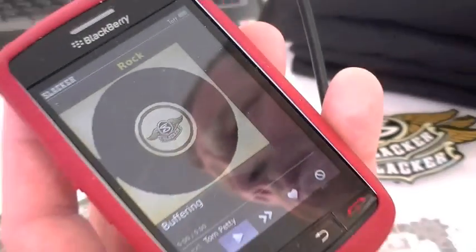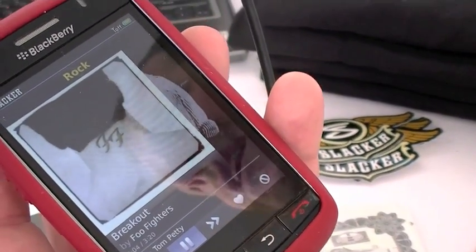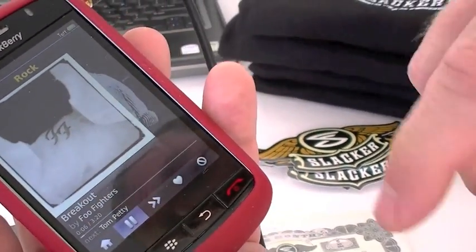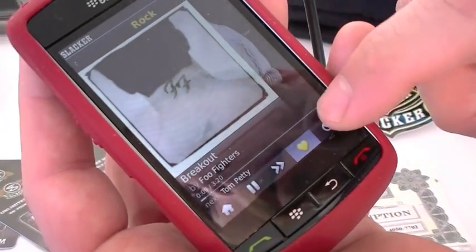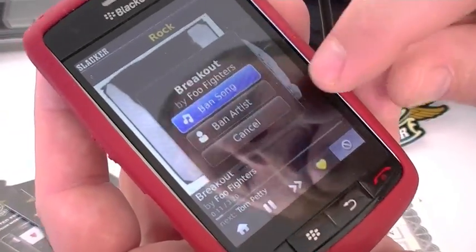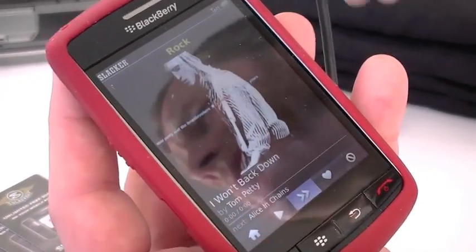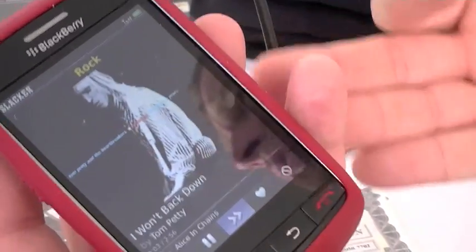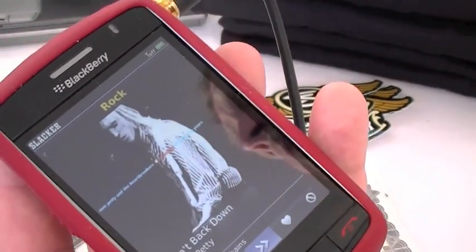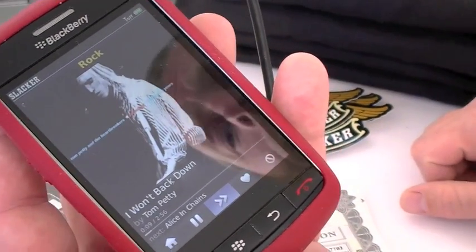So you could be on a plane or on a subway, or you're not even incurring any sort of cellular or data charges. Even while you're listening, you can skip songs, you can heart songs, you can ban songs or even artists. And when the app reconnects to the cloud, it's going to take all your preferences and convey those. So maybe you go into work and log into your Slacker account on a Mac or PC on a web browser. All of your stations, all of your preferences follow you around.